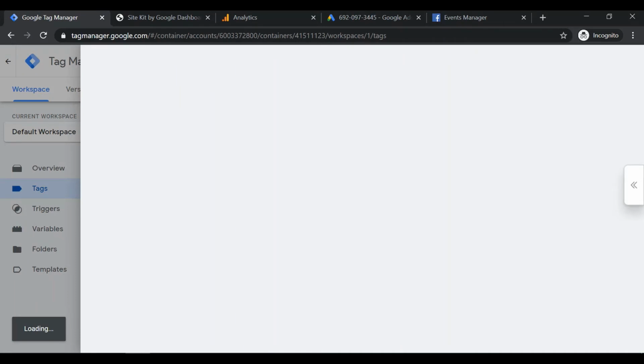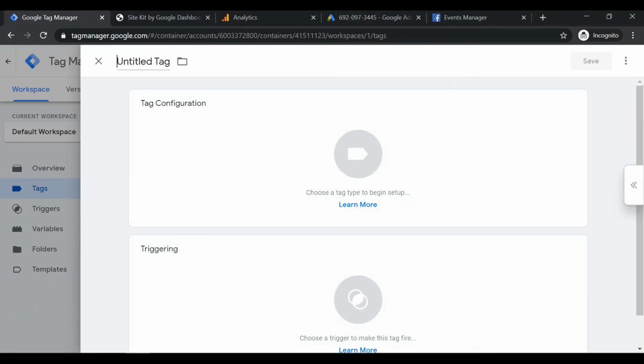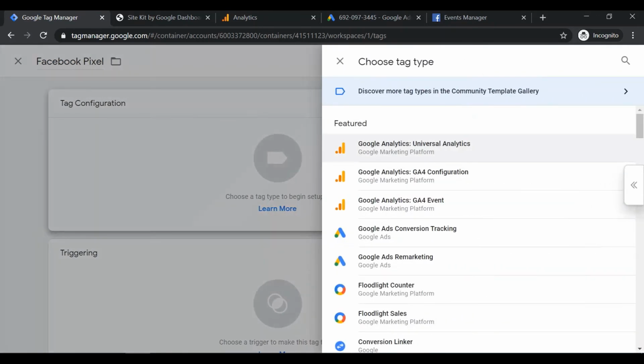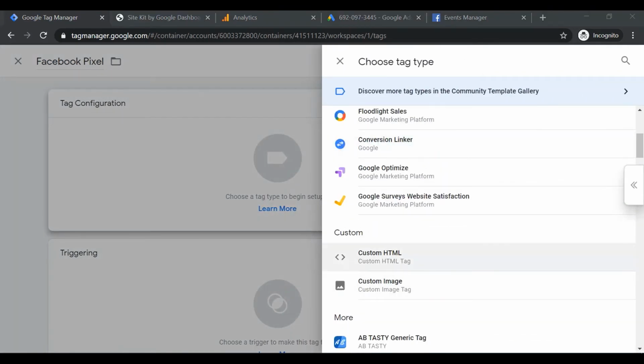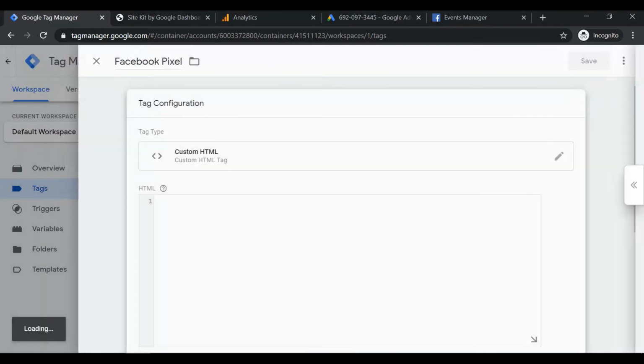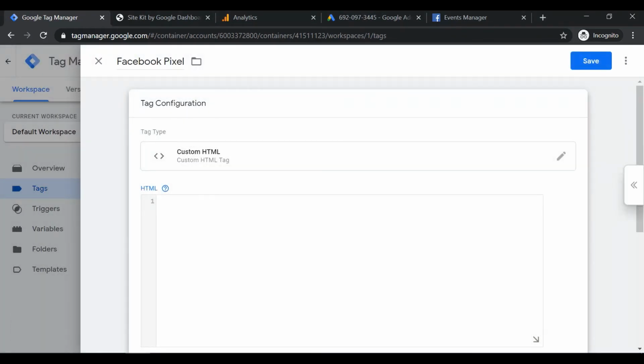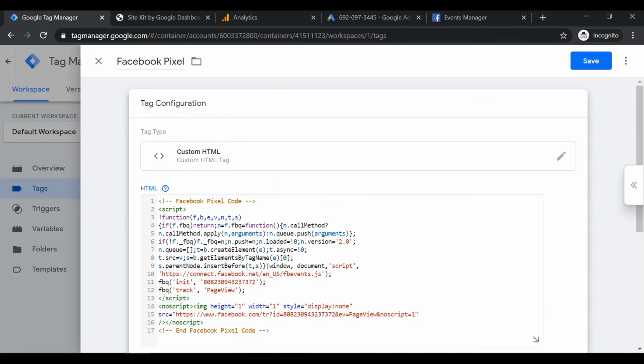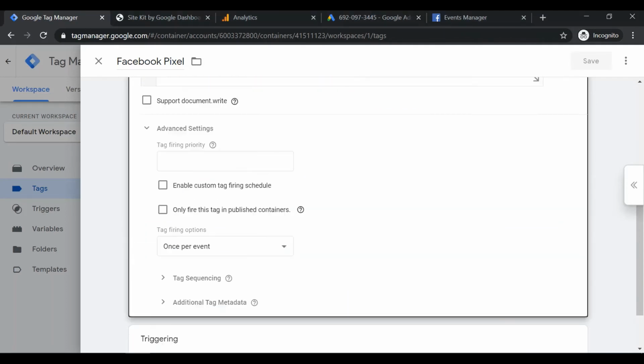Now we need to create a new tag. Name the tag Facebook Pixel. Select Tag Configuration. Choose Custom HTML as the tag type. Now paste the pixel code from Facebook.